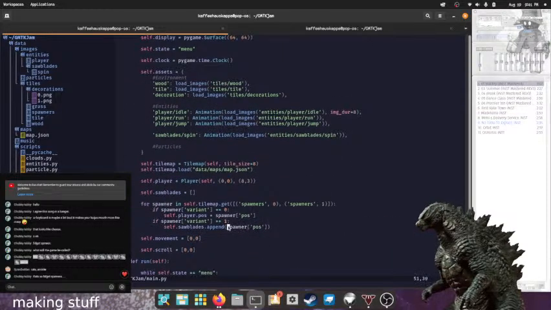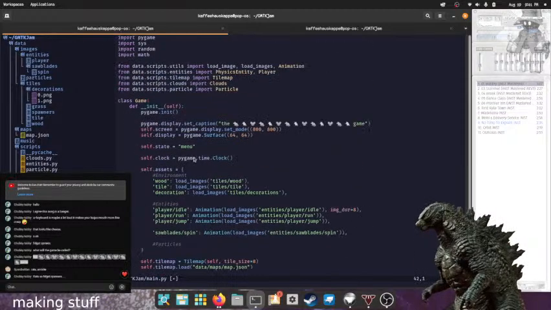And here I don't append this, I create a saw blade. And I'm going to need to do all the imports and everything. And here I need to add in saw blade. Let me write that real quick.